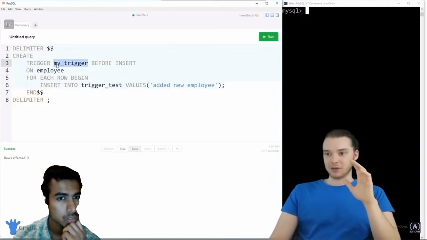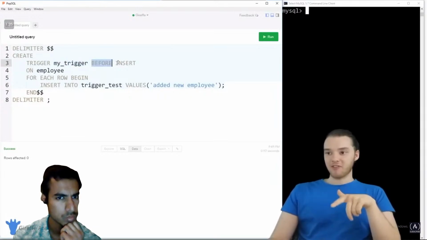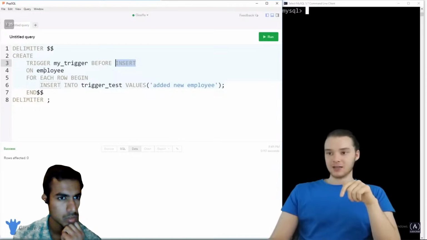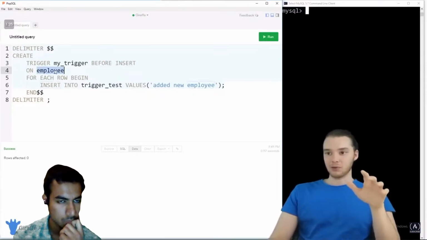Basically, I'm defining my trigger, I'm giving it a name, and I'm saying that before something gets inserted on the employee table, so before any new item gets inserted on the employee table, for each of the new items,